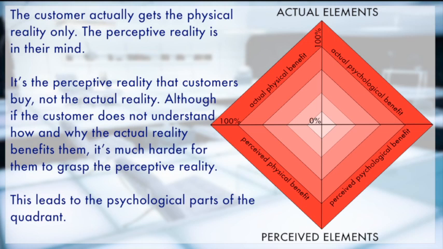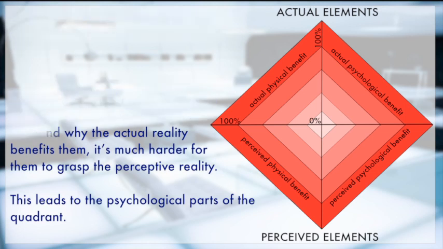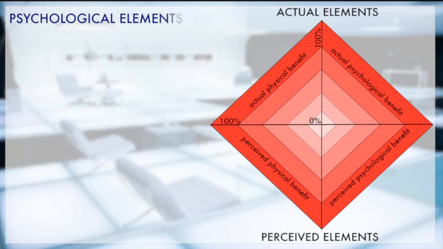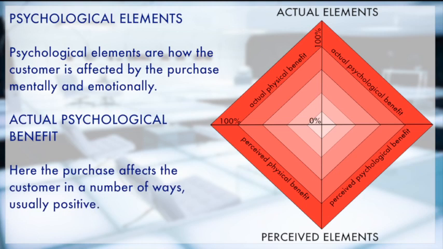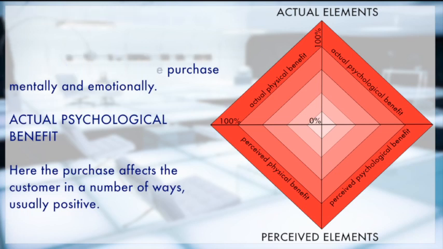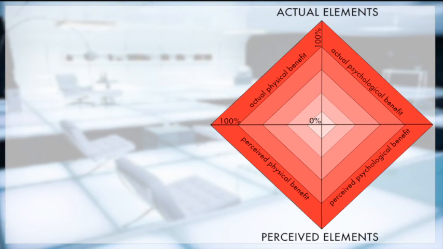This leads us on to the psychological or emotional parts of the quadrant. Let's look at the psychological or emotional elements. Psychological elements are how the customer is affected by the purchase mentally and emotionally. Here the purchase affects the customer in a number of ways, usually positive. For example,